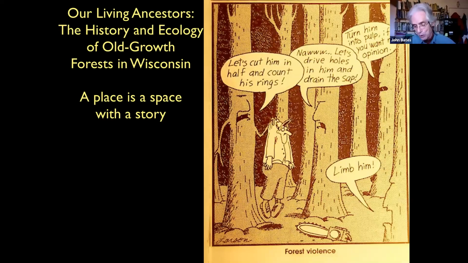I have no pretense of being a professional forester or forest ecologist. But my job, I thought, was to read every last thing I could on old growth forests in the upper Midwest and try to bring those scientific papers down to earth through my writing for the general public. And that's one thing that I do reasonably well, is try to translate all that scientific jargon into something that regular folks can understand who just love to walk the woods.